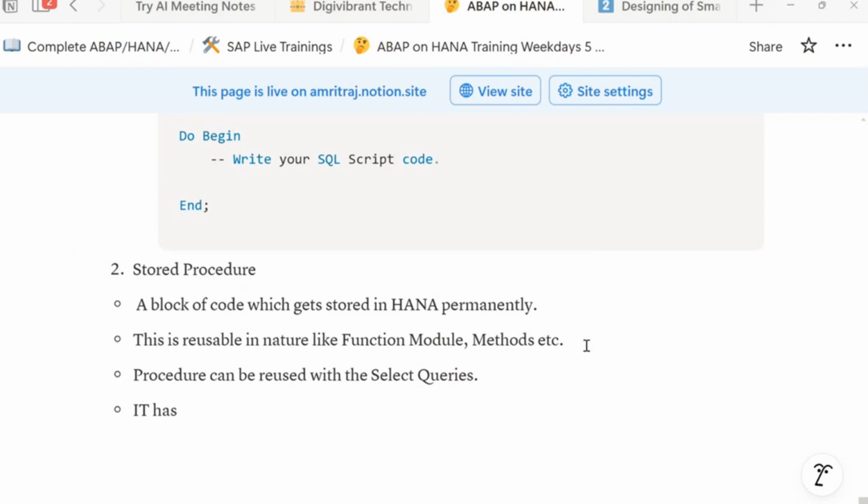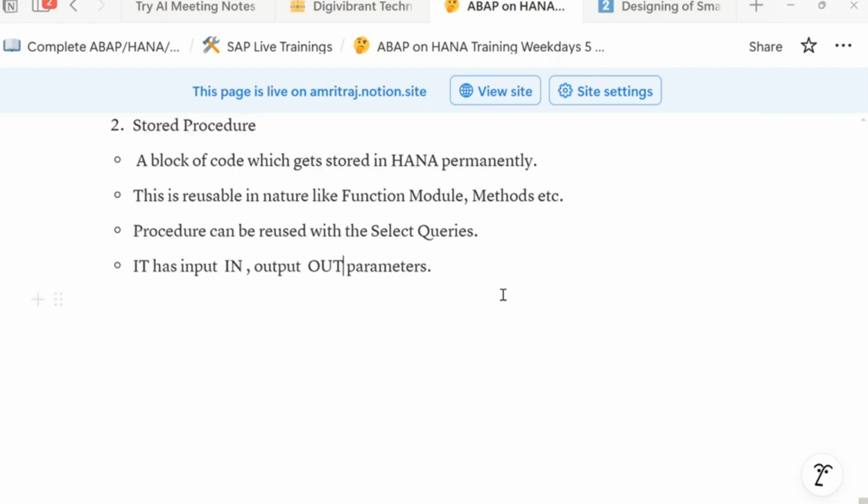It has input, output parameters as well. So for input, we use the word in, and for output, out is written. Yes. So if you want to see the syntax for this,